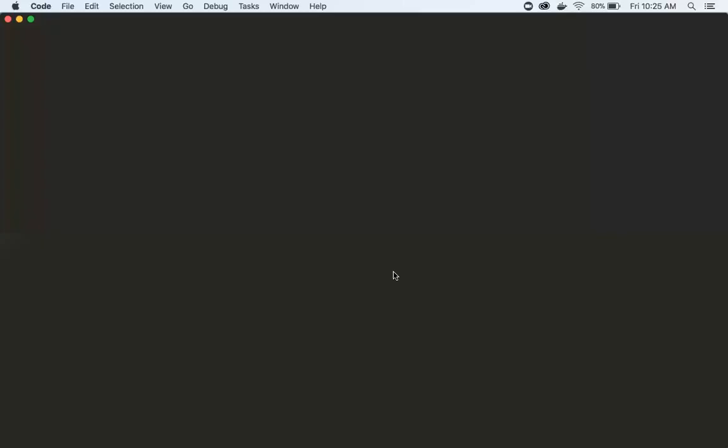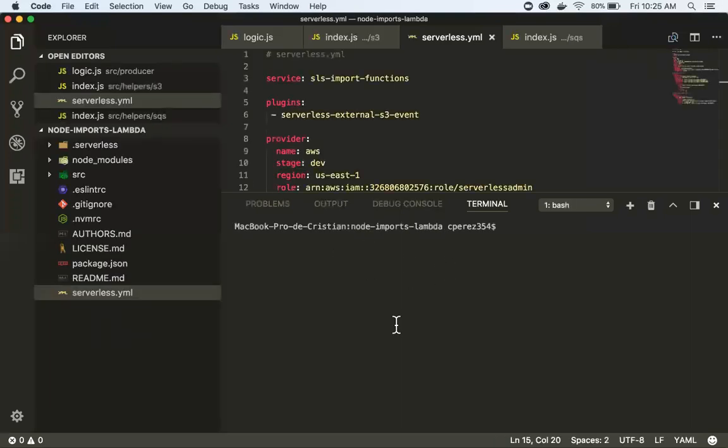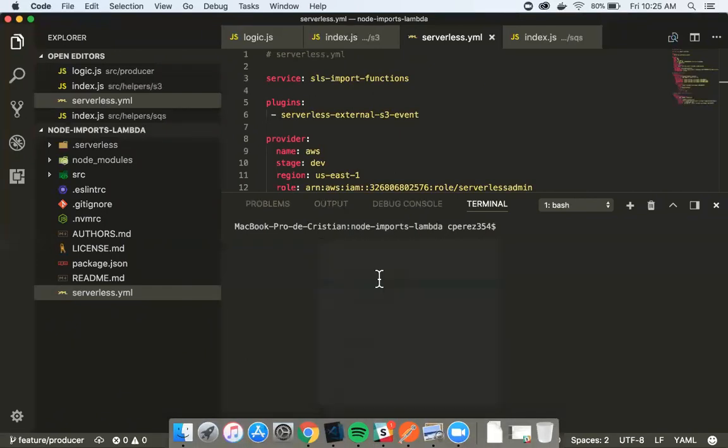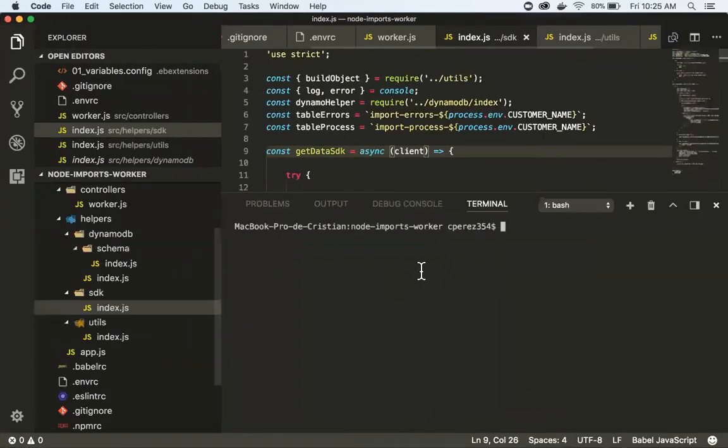If I log in to the instance, just to see. Sorry, I opened the wrong project. It's worker, okay. In that project, I'm going to show you the logs over SSH. Okay, right, I am logged in. I am going to cat var log node,